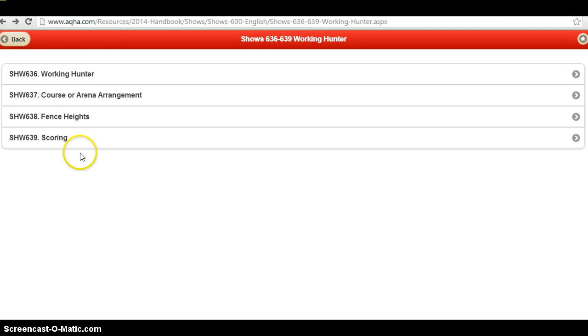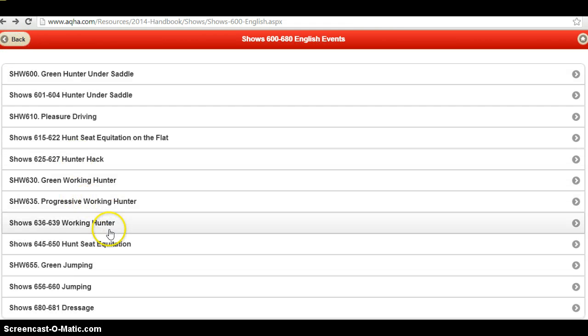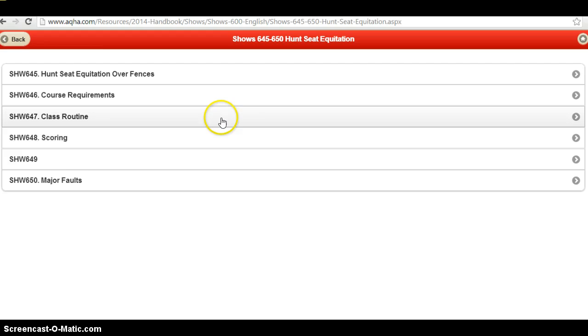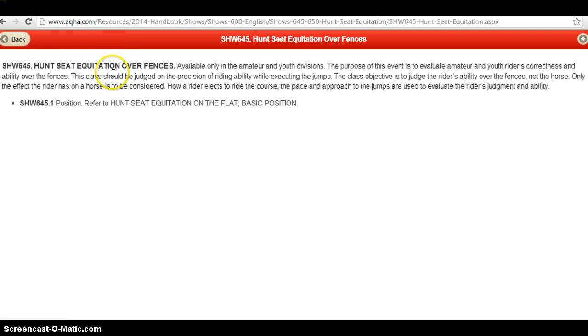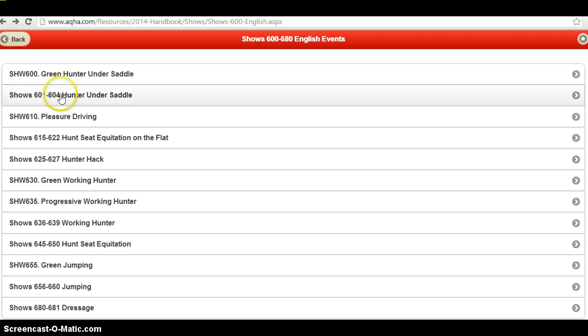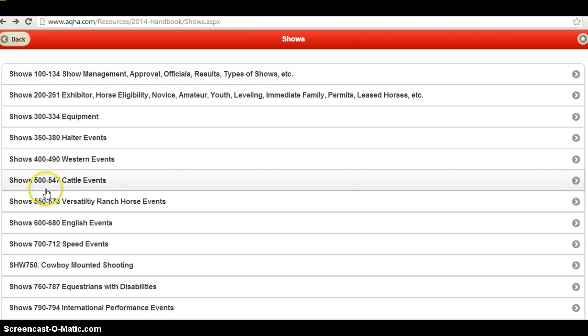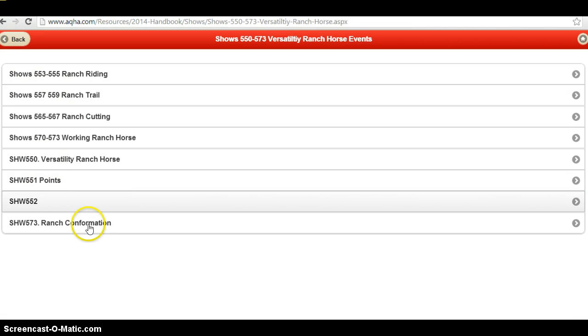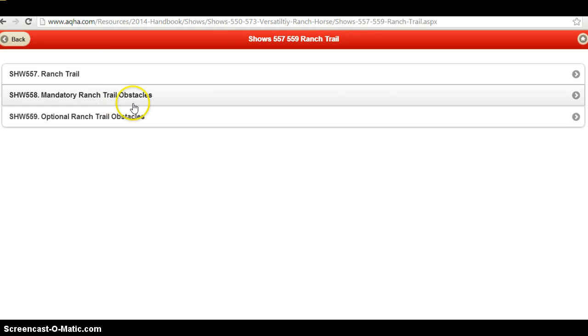So if you're looking for something to practice with, they will have that there. I think they have hunt seat equitation. No, I guess they don't. And then this is just all the general rules. It's very simple. Now we're all the way up to versatility ranch horse events, points, and this is all their different stuff. So ranch trail,